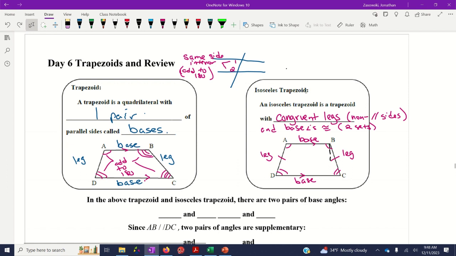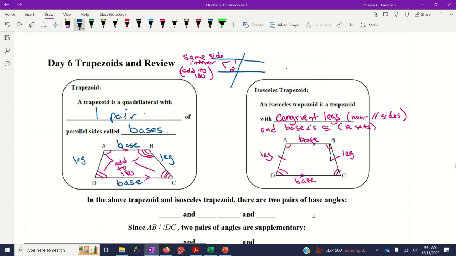Now, an isosceles trapezoid, on the other hand, has one pair of sides that are parallel, and the non-parallel sides, which are called the legs, are congruent. So that would be AD and BC here. And these two pairs of base angles, which are at the top, along the base, are going to be congruent to one another. The other thing that they have going for them is they have congruent diagonals. All right, so two things. Number one,